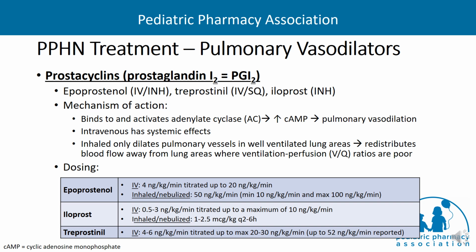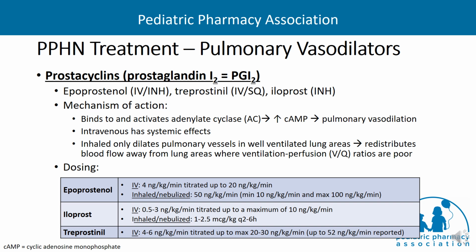Inhaled iloprost was compared to sildenafil in a retrospective study, and this was administered via a jet nebulizer at doses of 1 to 2.5 mcg per kg every 2 to 4 hours. When they compared this inhaled iloprost to sildenafil given enterally, 0.5 to 3 mg per kg every 6 hours, interestingly, iloprost demonstrated faster response to treatment as well as an earlier ability to discontinue the study drug due to clinical